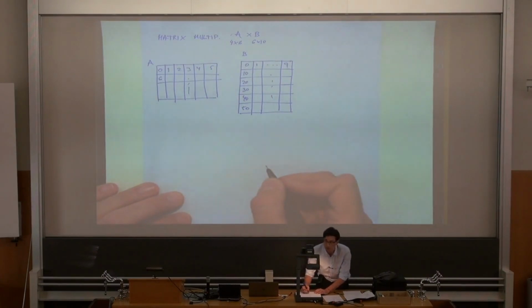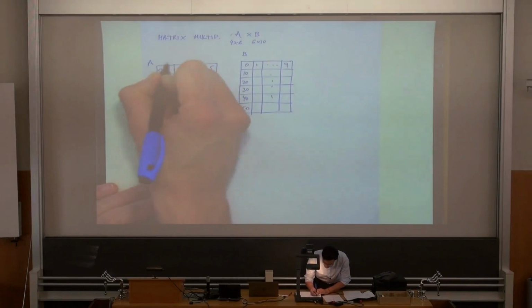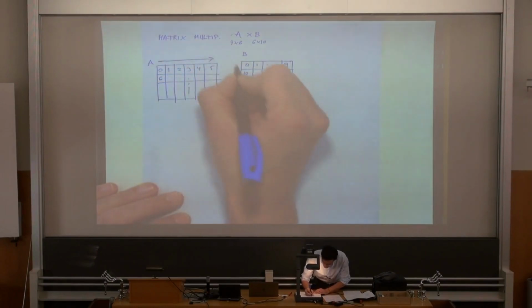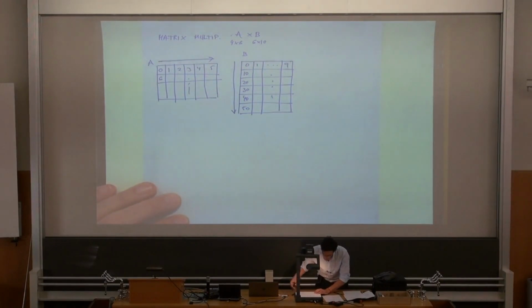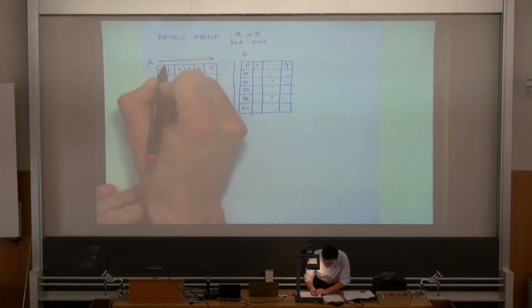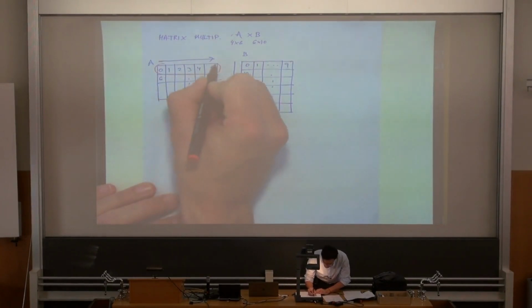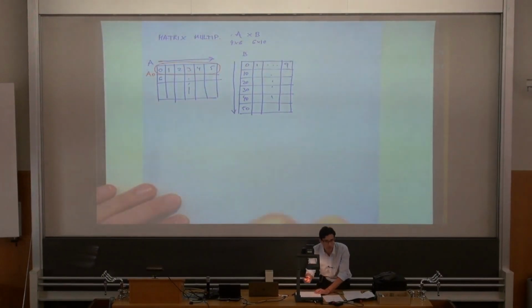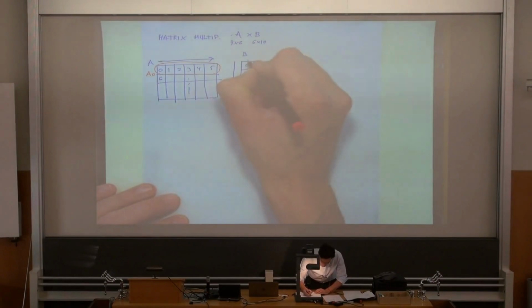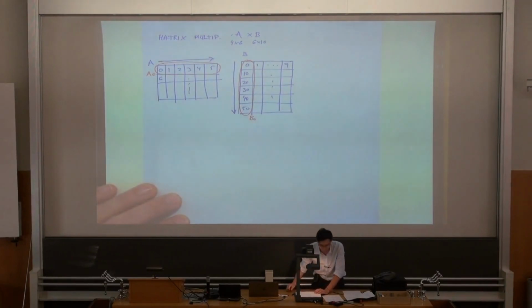So if we want to execute matrix multiplication, we have, as you know, to execute the dot product of row times column. So we are going to go through this row in this direction and through this column in this direction. If we want to use a vector processor to perform this computation, we will probably first go to this row and store it in some, let's say, vector register called A0, and we will store this entire column in some vector register, for example,